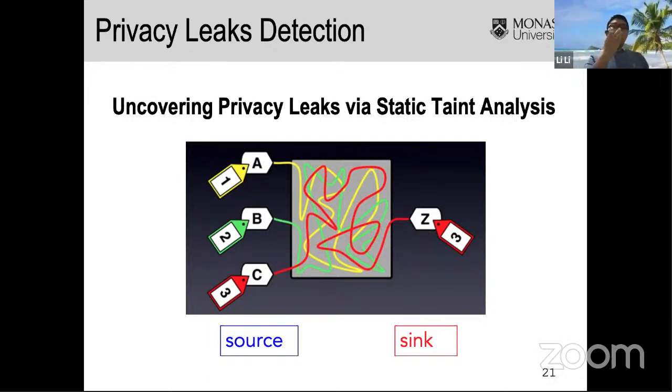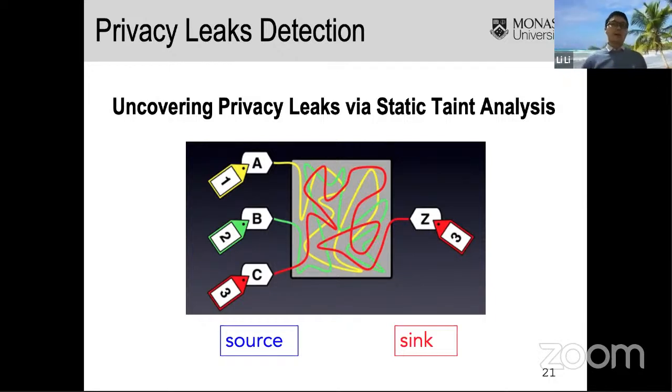Then the analysis starts from the source points and tracks the flow of the tainted data, to see if any of it will eventually reach a sink point. If there is a path identified between a source point and a sink point, then there is a sensitive data flow, and thus a privacy leak is possible.